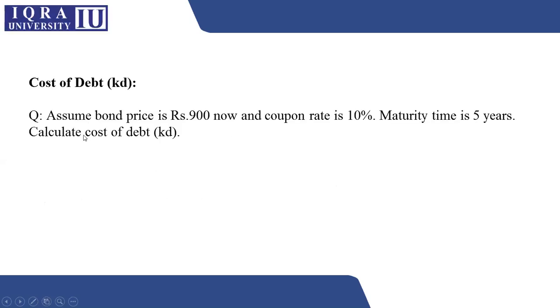Just assume that a firm offered a bond and currently its price is 900. The coupon rate is 10%. Maturity time is 5 years. So now the question is asking you to calculate the cost of debt. I bring this question over here just for your fundamental understanding, that whenever you are using a bond in your capital structure as long-term debt, you should be very careful that the coupon rate which is given in the question cannot be taken as cost of debt,